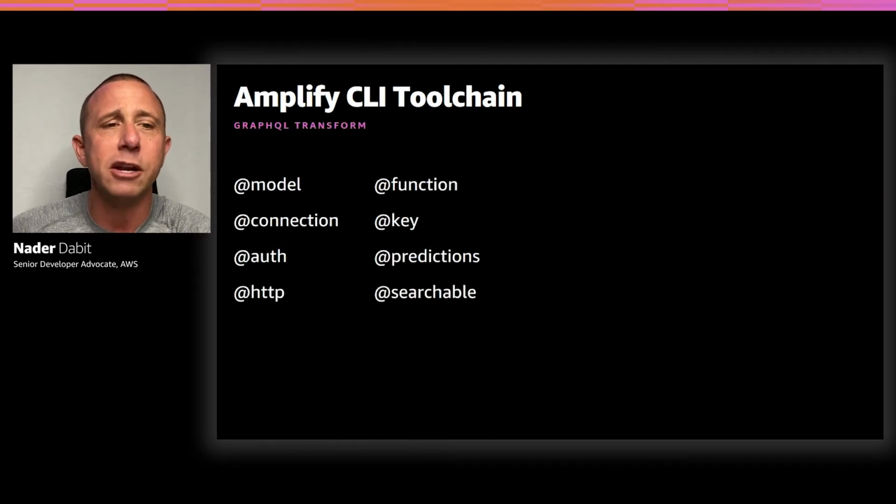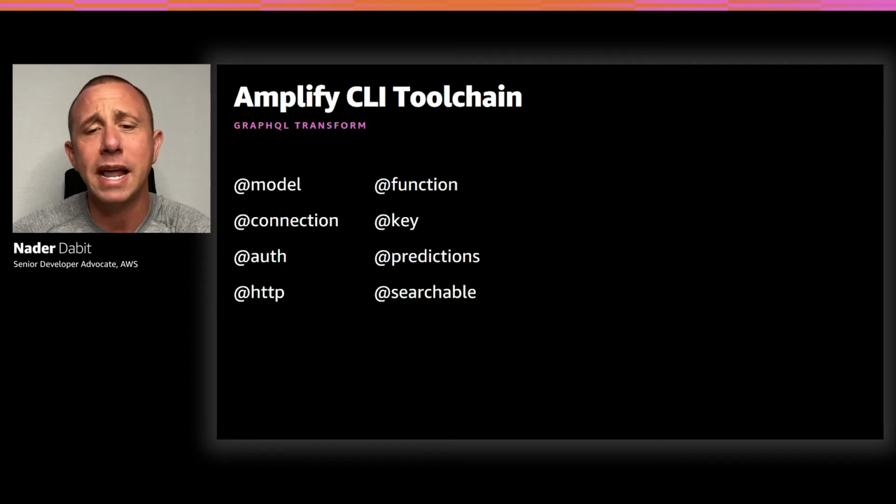So some of the GraphQL transform components, or the directives that we currently support, are right here. The most popular ones, and the ones that we're going to be talking about today, are @model and @connection. But these directives do a lot of extra work for you. For instance, if you want to define relationships between your data, so you might need a one-to-many, many-to-one, or many-to-many relationship, you can use the @connection directive between data types. If you want to add authentication and authorization rules around your different operations, you can do that using the @auth